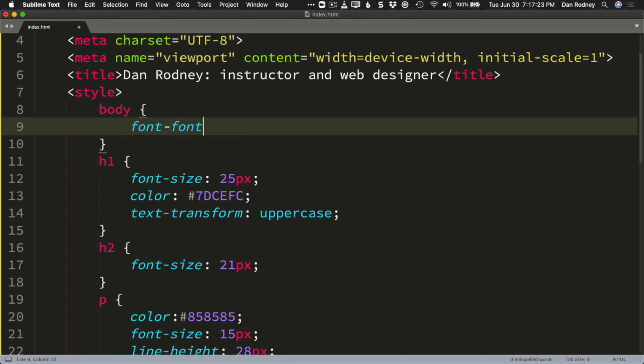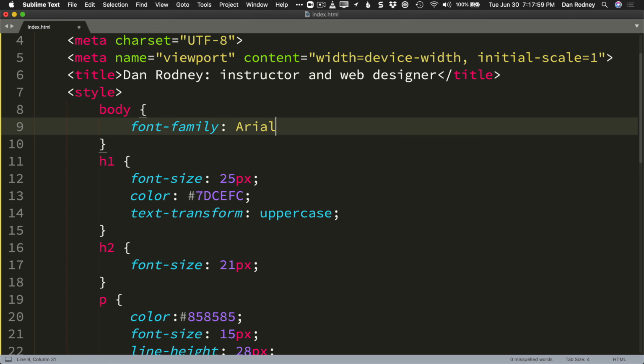And I can set a font family. And a font family could be a list of fonts, because we don't know what fonts everybody else has on their computer. And we do need to use a font that people have on their computer or their device. There are ways you can load in custom fonts, but you'd actually have to put in some code that would download the font file for use within the web page. That goes beyond what we have time to do today, but just know that you can do custom fonts if you want. Because we're keeping it simple for tonight, we're just going to list fonts that commonly are on everybody's